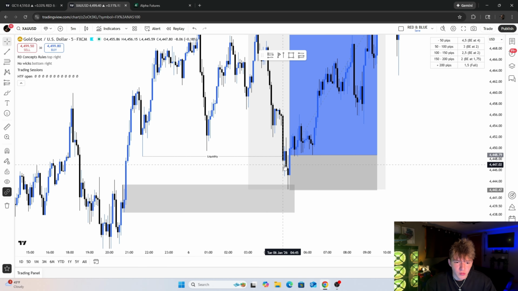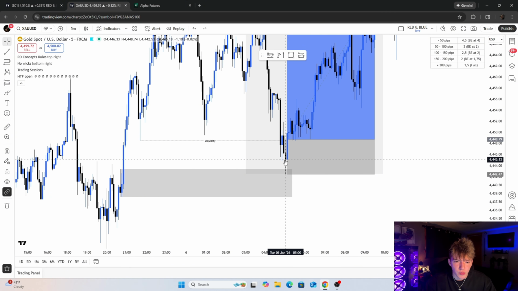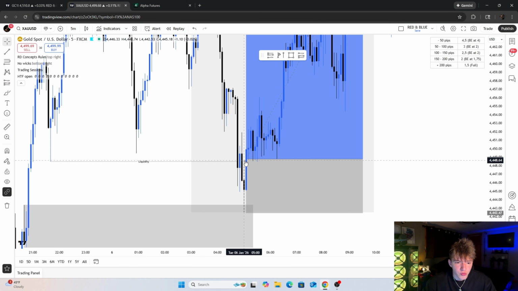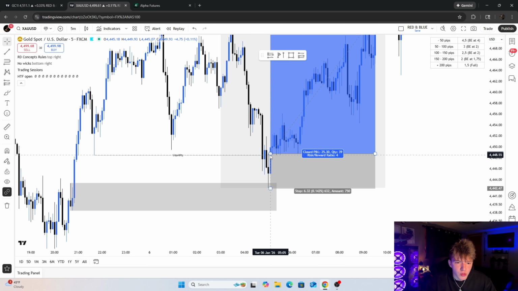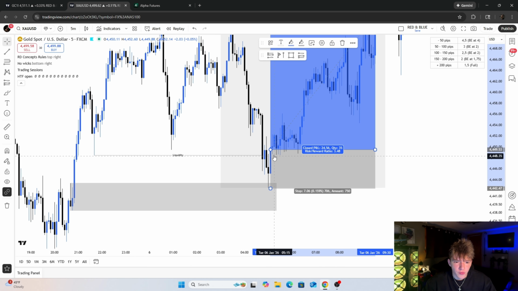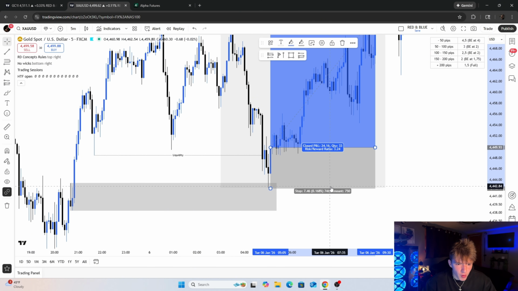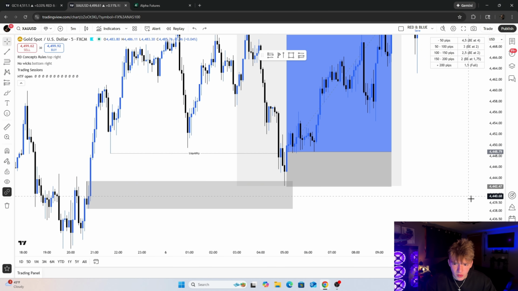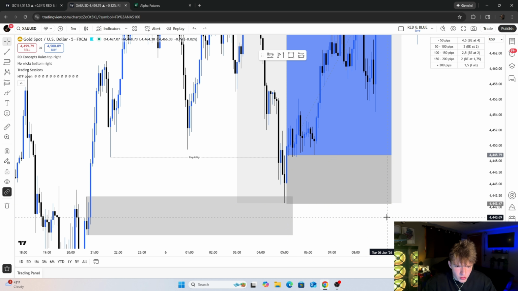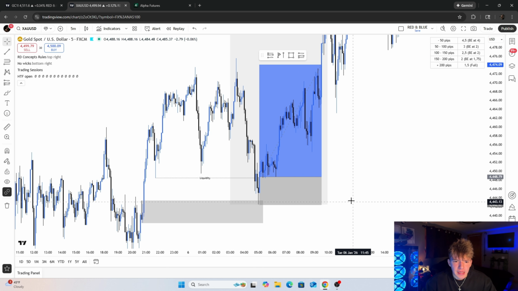we entered right here on this break of candle, which is pretty much when you break the highest point of the candle that actually tapped the zone, which in this case would be this candle. We entered right here, right as soon as we broke this wick. I know some people maybe waited for a candle close, but me personally, I got in on the break of candle, stop loss right under this wick, and we pretty much just let